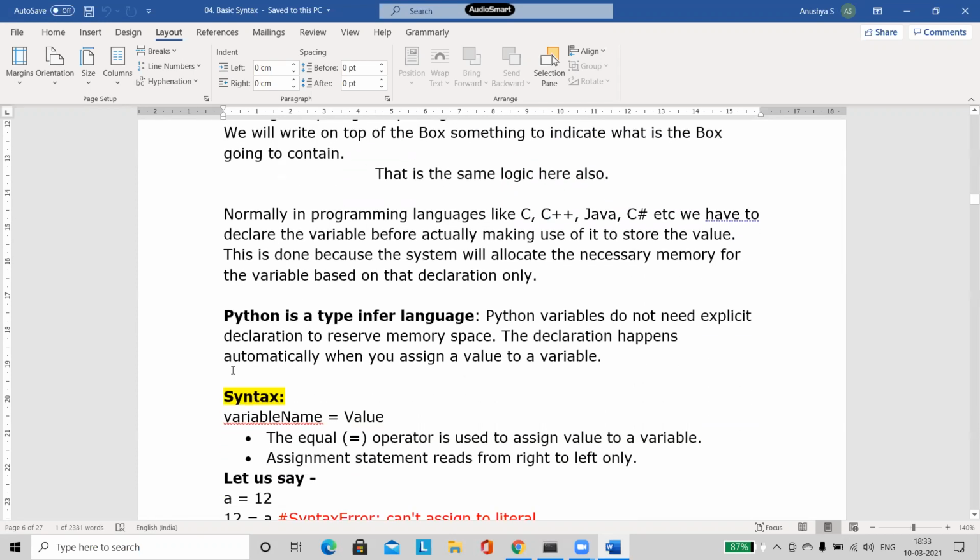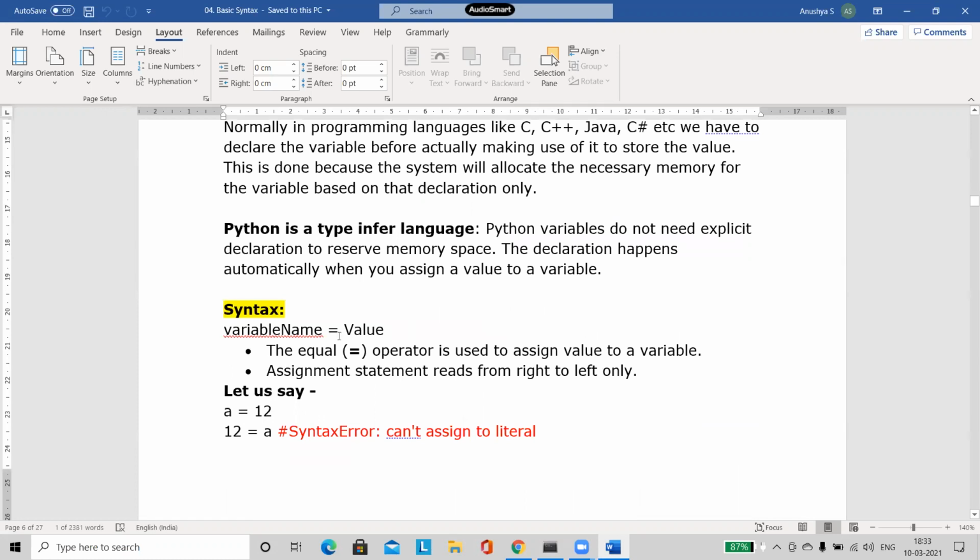Right. So here I already discussed this point with you. Python is a type infer language, that is, unlike other programming languages like C, C++, Java, .NET and all, in Python, we do not need a variable declaration. Declaration is not necessary. How will you do it?